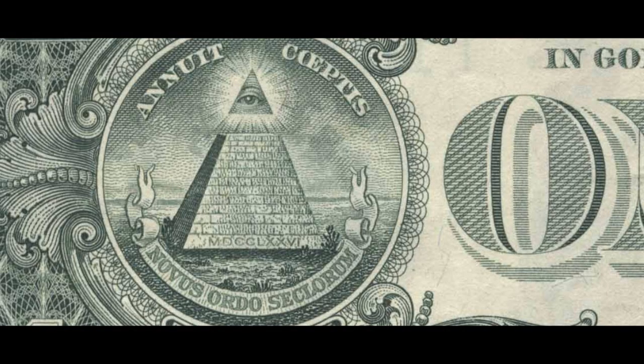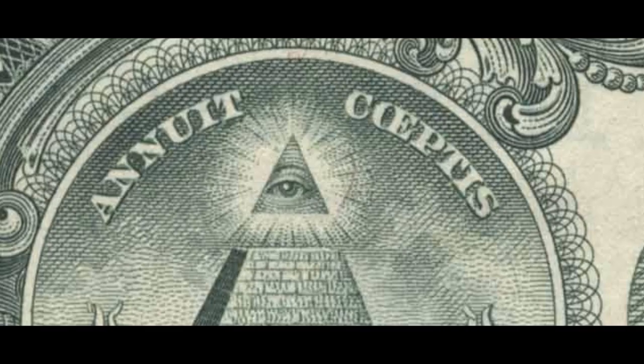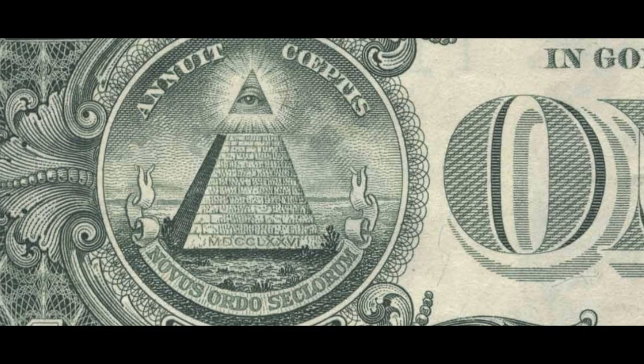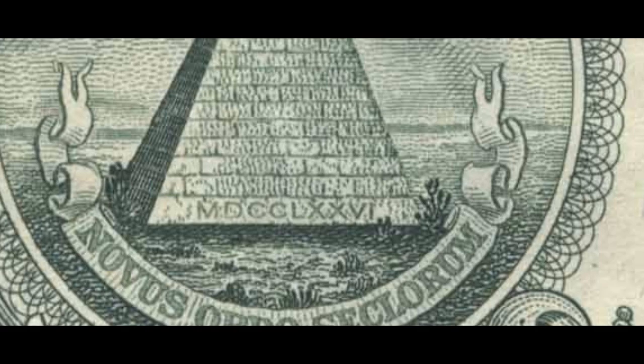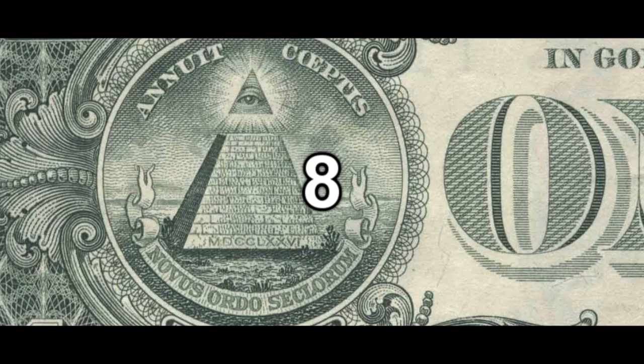Basically, here on the left hand side we have the pyramid symbolism with some writing around it. The wording at the top is Annuit Coeptis, which means the year began. Now, at the bottom of the pyramid we have some figures, and this is 1776. Just something on the side: the number 8 in ancient numerology and even today represents infinity or perfection